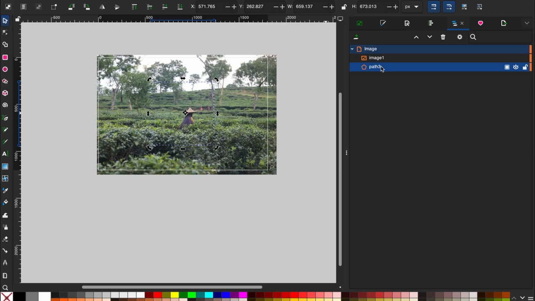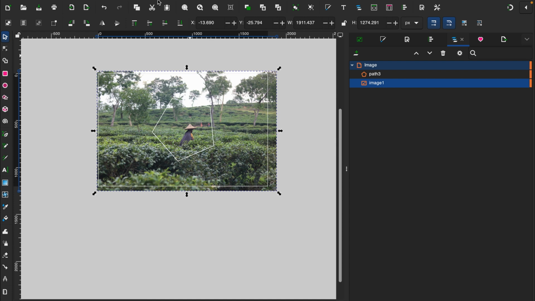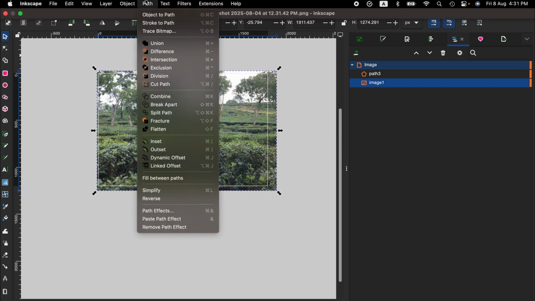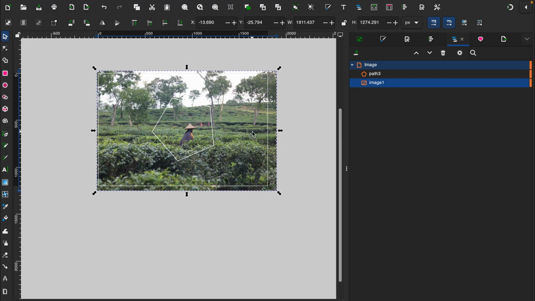Okay, so now I'm gonna take the path layer to the top, and then I'm selecting this image and going to the path. From there, I'm converting this image from object to path. Okay, so now if you use Mac, press Shift key and select the both layer,